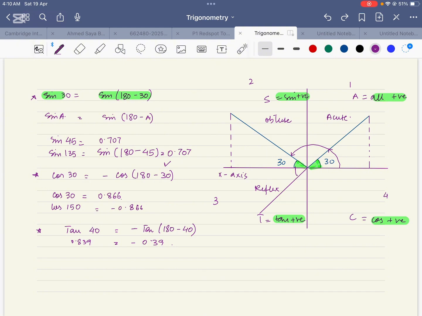Why 150? When they are asking for the cos or sine or tan of an obtuse angle, you will see this angle, draw this angle with the x-axis, and subtract this angle from 180. Whatever the answer is, cos of the angle that is made with the x-axis will be equal to minus cos of the same angle subtracted from 180. And the same goes for tan. How will we get questions on this concept? Let's have a look at it.